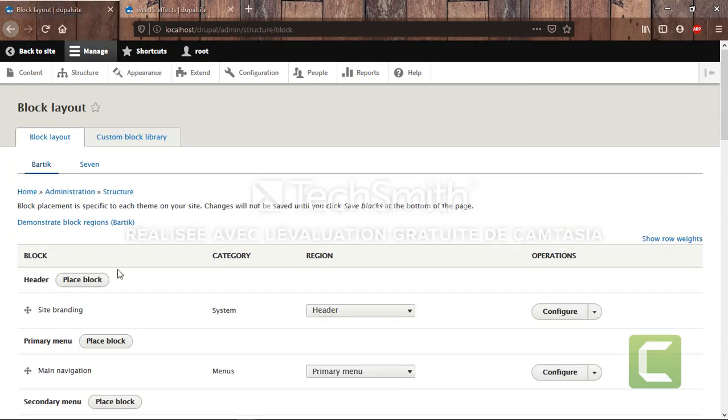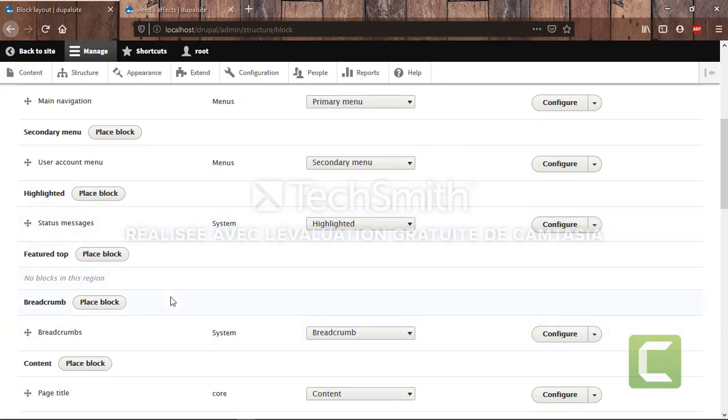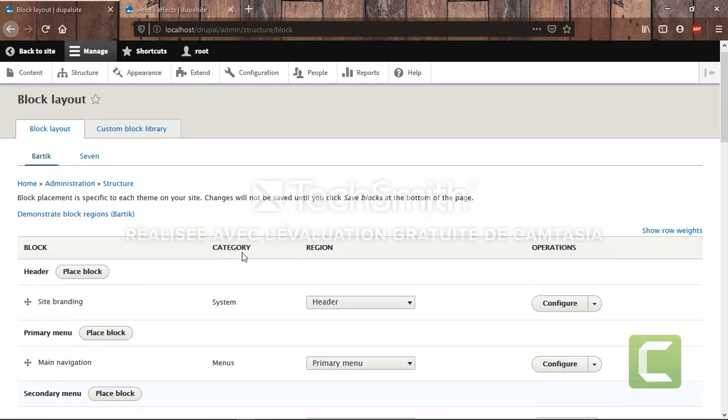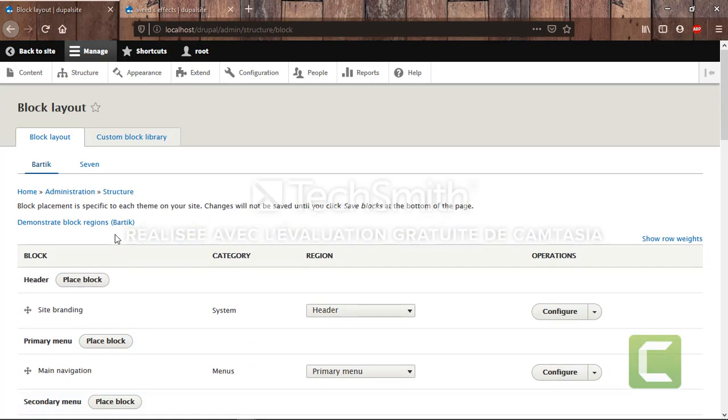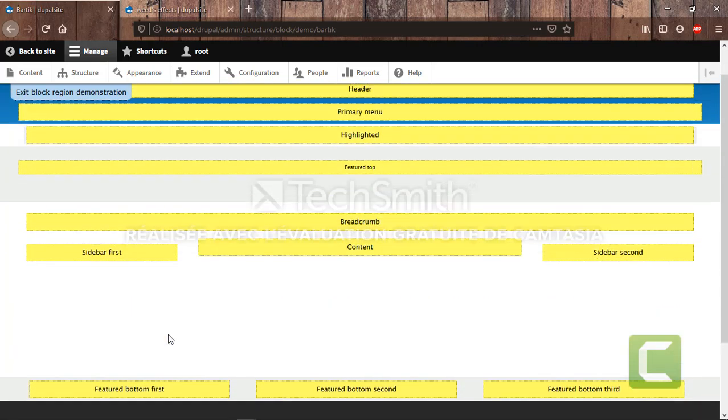And here we have all the blocks in our site with their regions in the page. To know more about regions, here we are. Things in the yellow are regions of the site with their names.